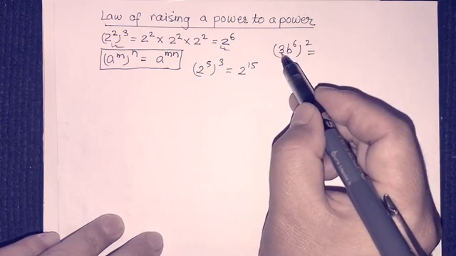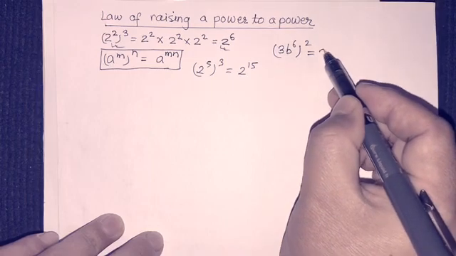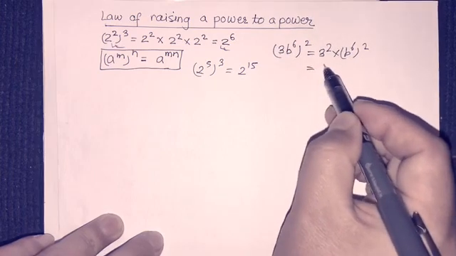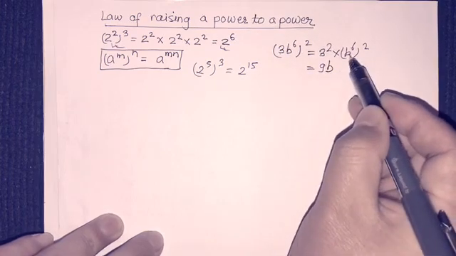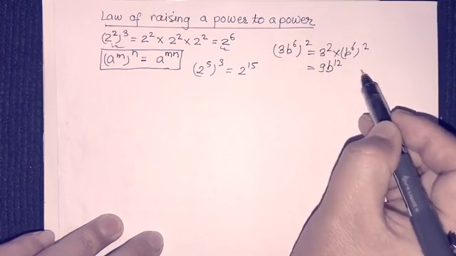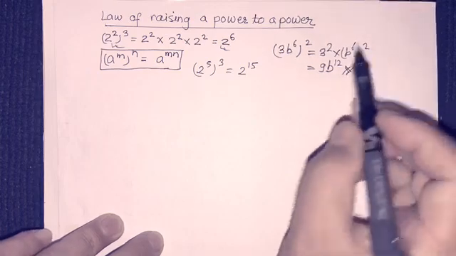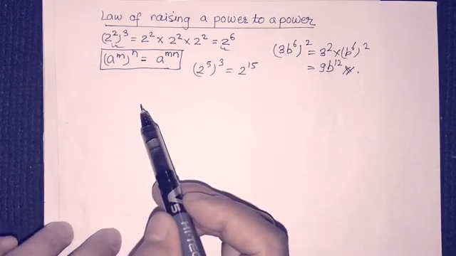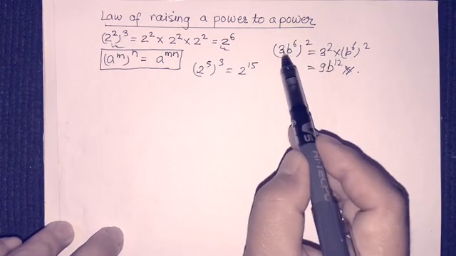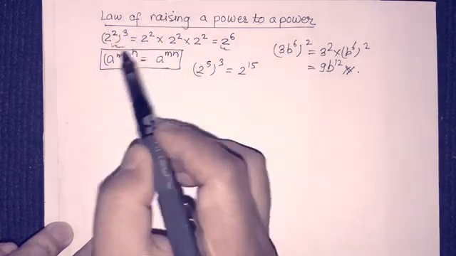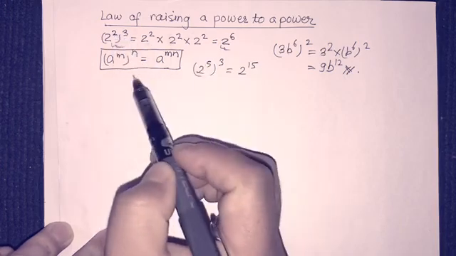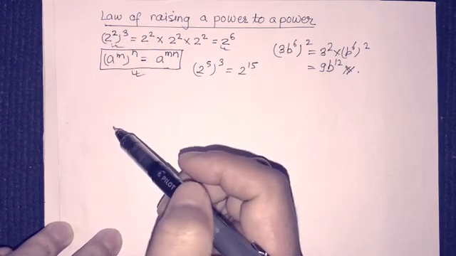power belongs to both 3 and b6, so it is what? 3 squared and b6 this. Okay, this is 9, and this is a case of raising a power to a power, so it will be multiplied, it becomes 12. And so just remember, when we raise a power to a power, we just multiply the two powers together. Okay, two powers together. When we raise a power to a power, we just multiply them. Okay, this is the law of raising a power to a power.